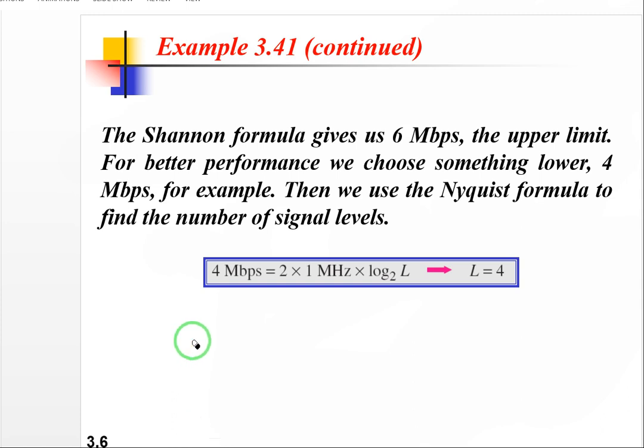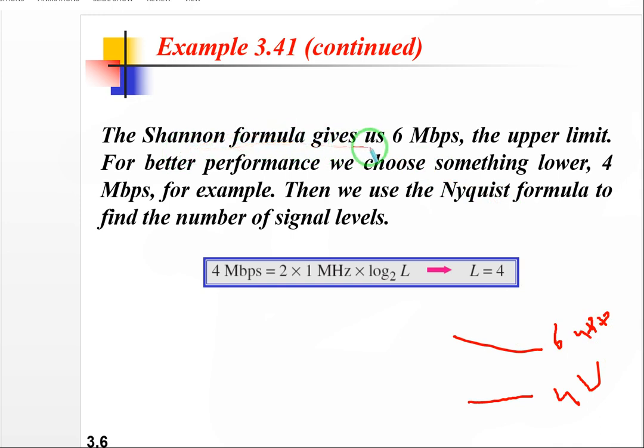So we have already found the bit rate, and now we come to find the level. After finishing this question, you will know two more important things. First of all, one thing you need to keep in mind: we always have an upper limit and a lower limit of a bandwidth. Let's say your upper limit is 6, and we say your lower limit will be 4. It can be 2, but we say 4. So we have two limits, between 4 and 6.